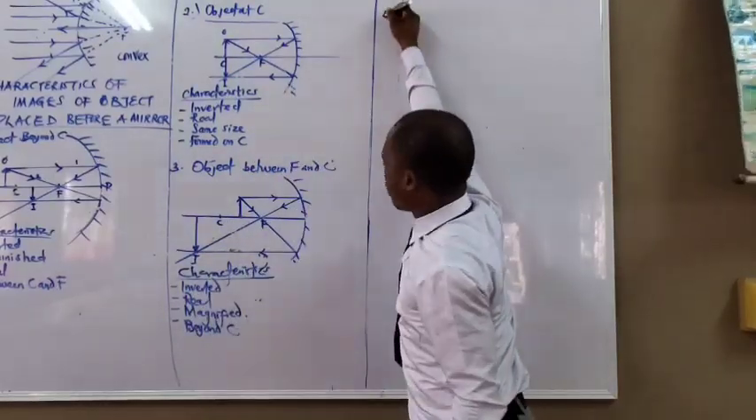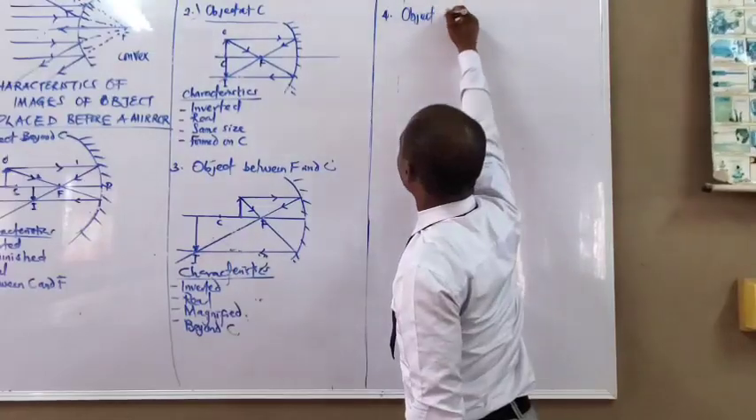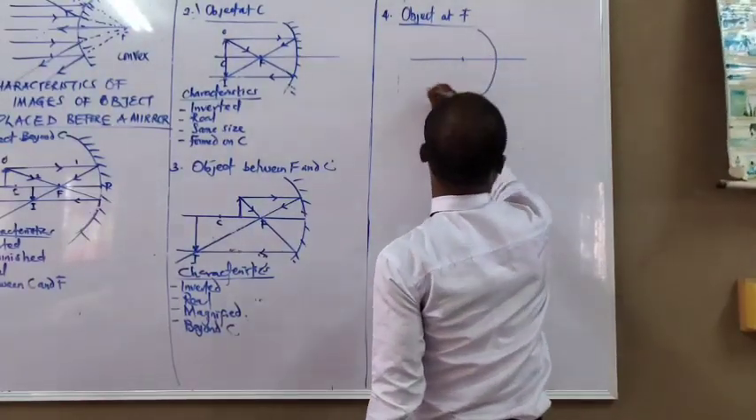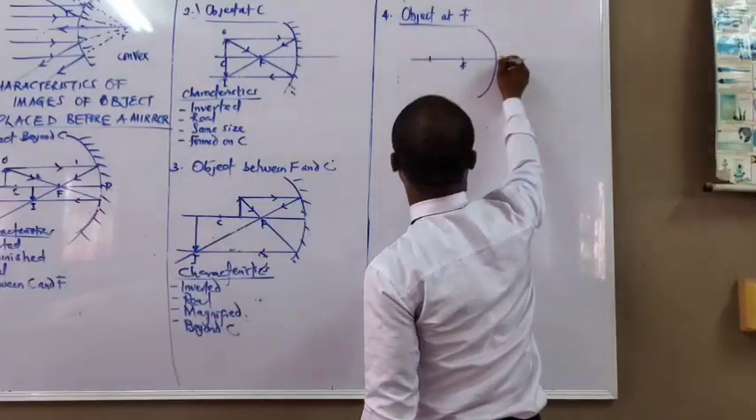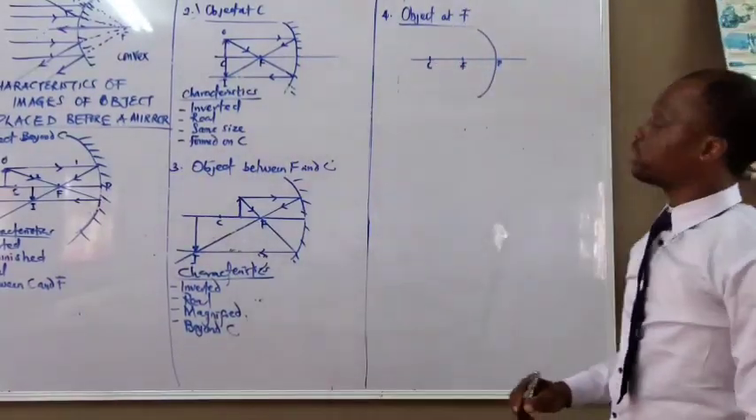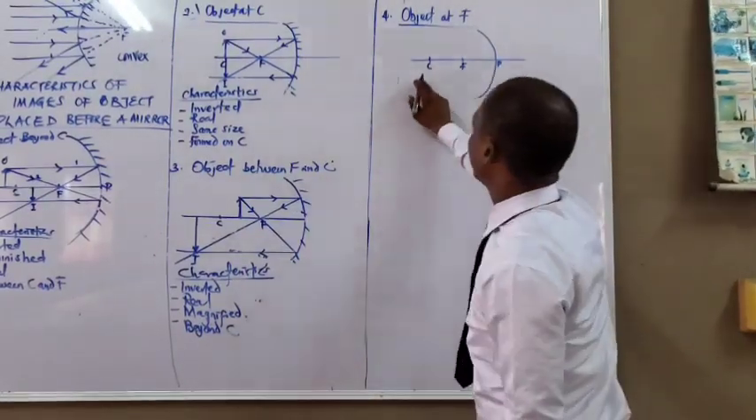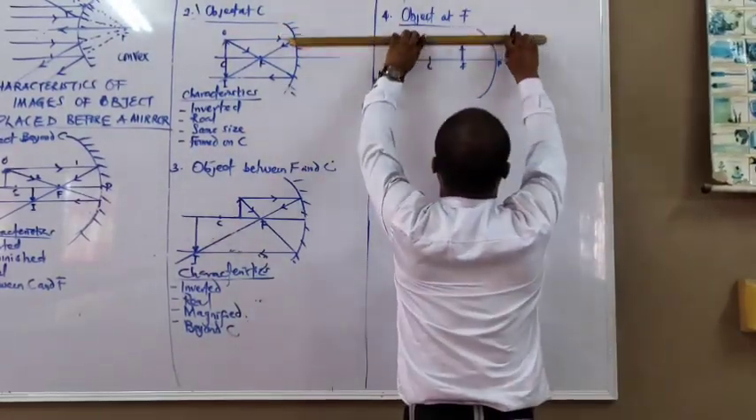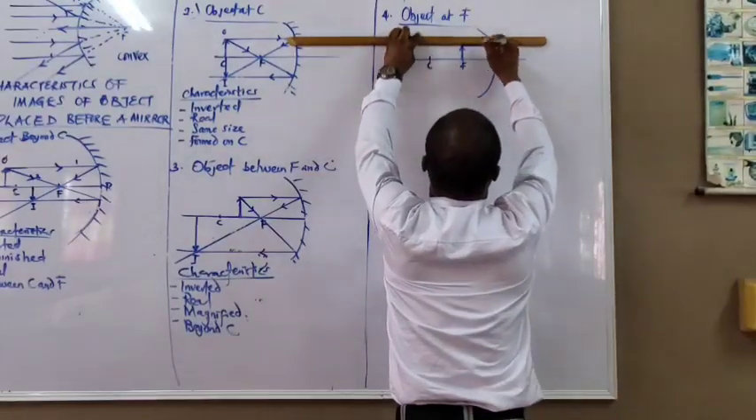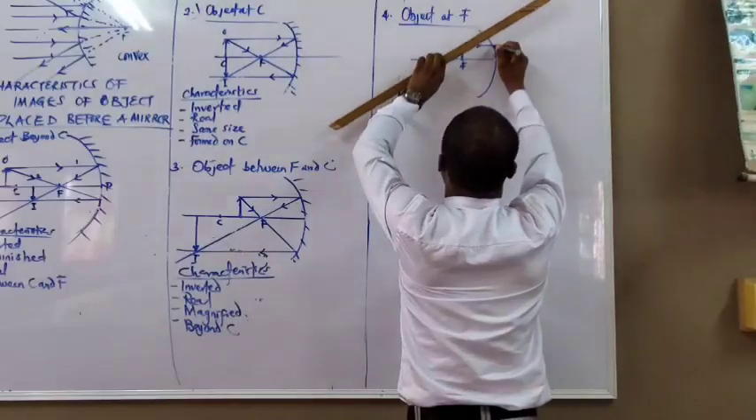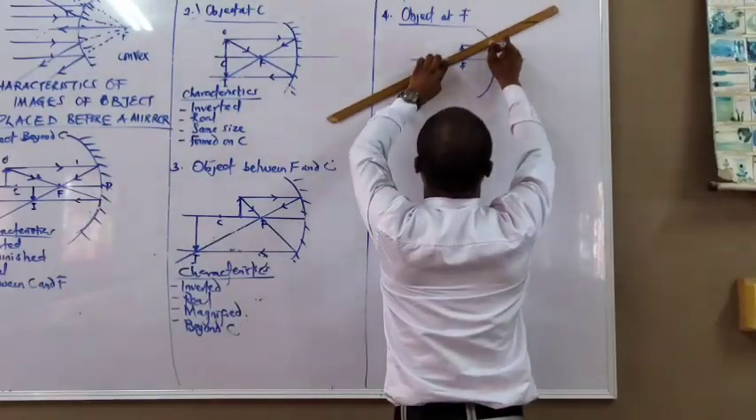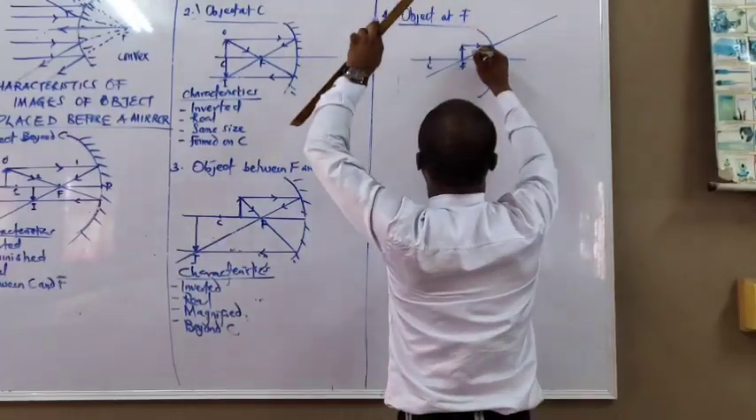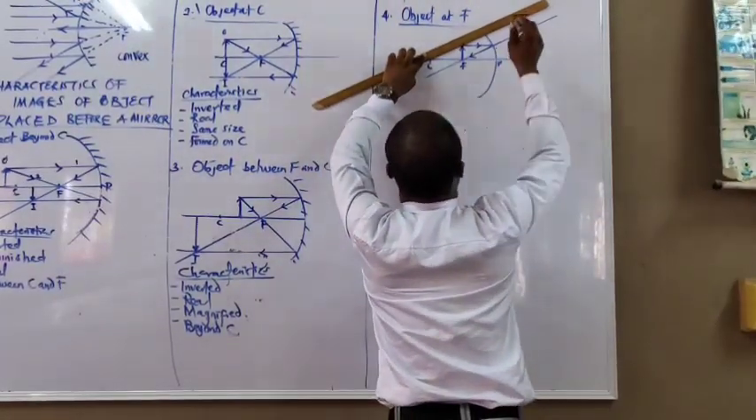Now, what if we have an object at F? Make sure the distance between your P and F is the same thing as F to C. If your object is placed at F, now rays parallel to the principal axis, after reflection, pass through the principal focus. The rays passing through the center of curvature